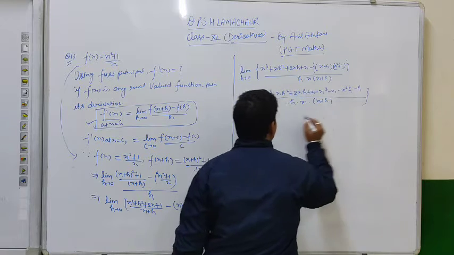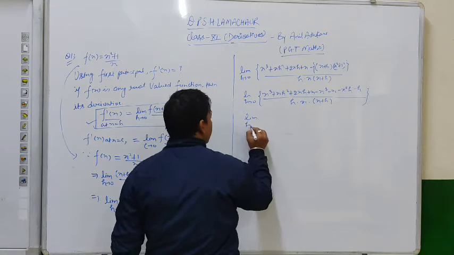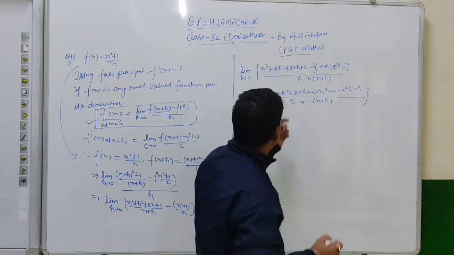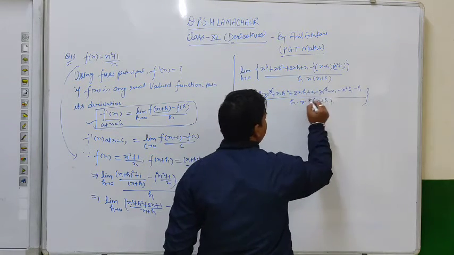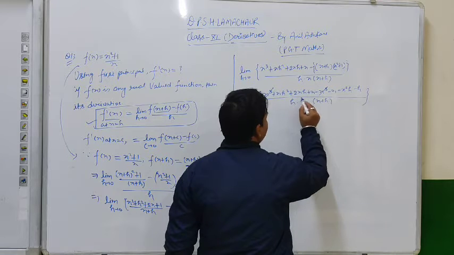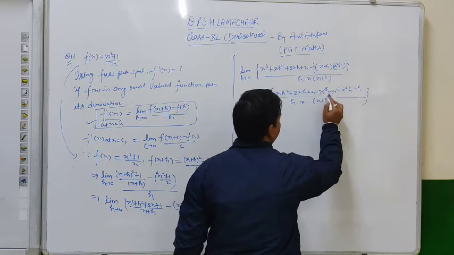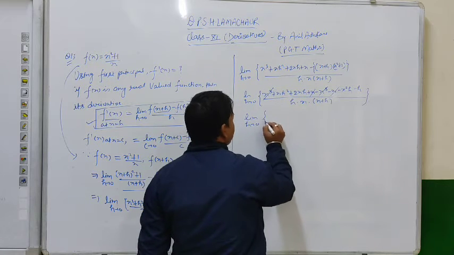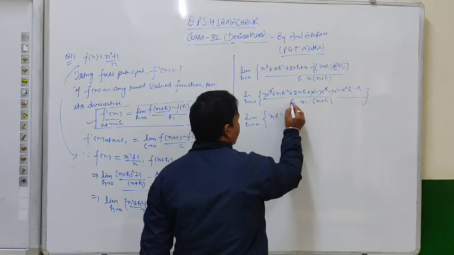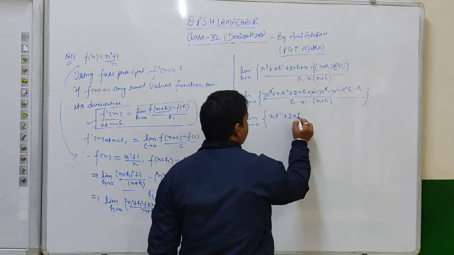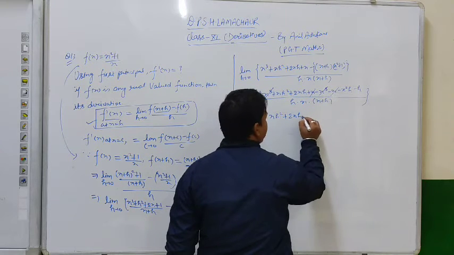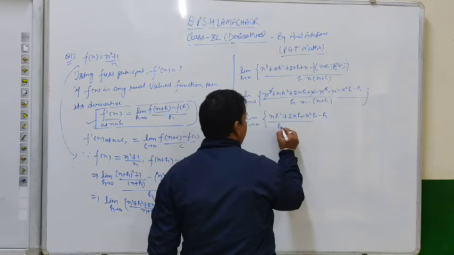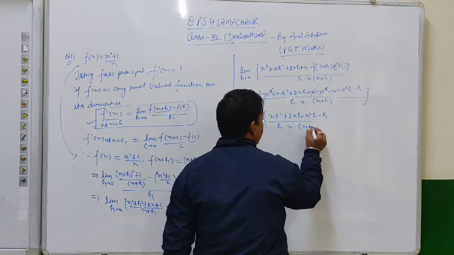Okay. Now see, if any term cancels out, x cube and x cube will cancel out each other. Okay, x square h, okay, minus x and plus x will cancel out each other. So the remaining terms are x h square plus 2x h, okay, and here minus x square h minus h, divided by h into x plus h.